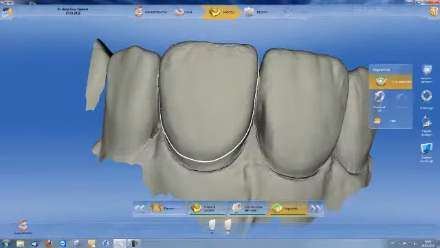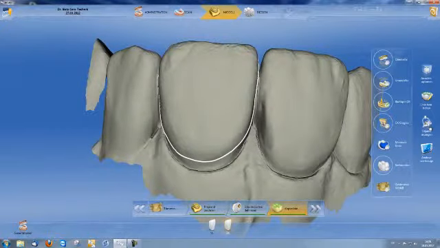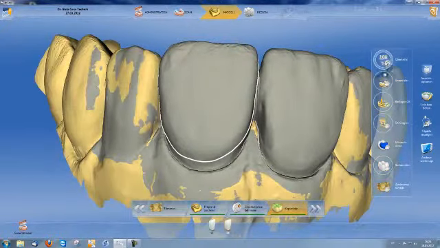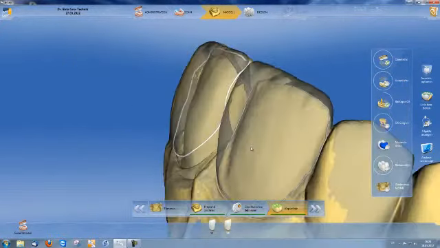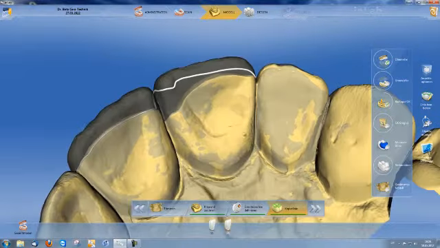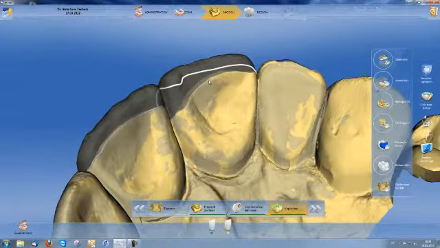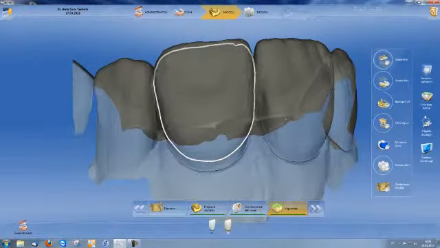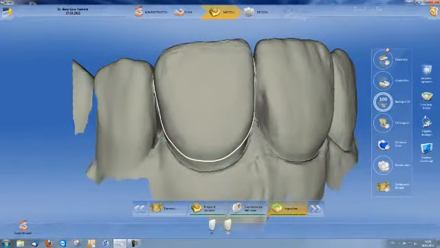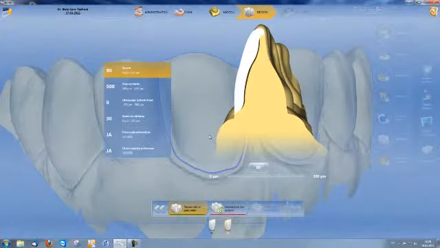I then again have the chance to view my wax-up. I can show my upper jaw and also simply render my wax-up translucent here. The end of the preparation and wax-up is here. I now change to parameter mode, where I determine the spacer for my veneer